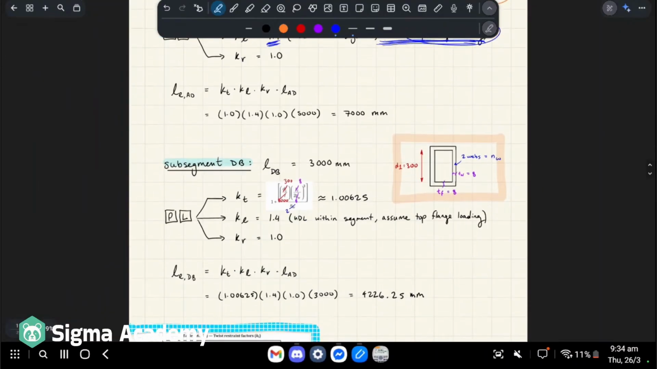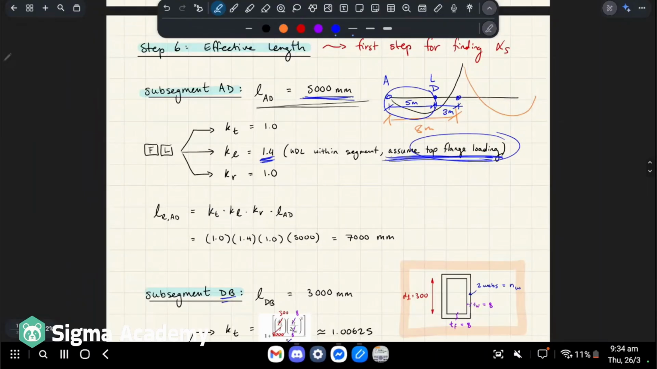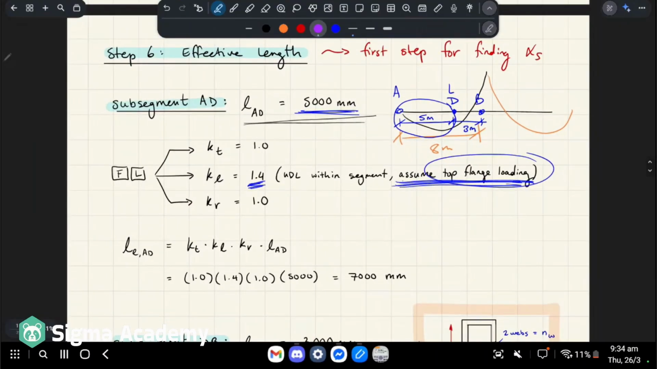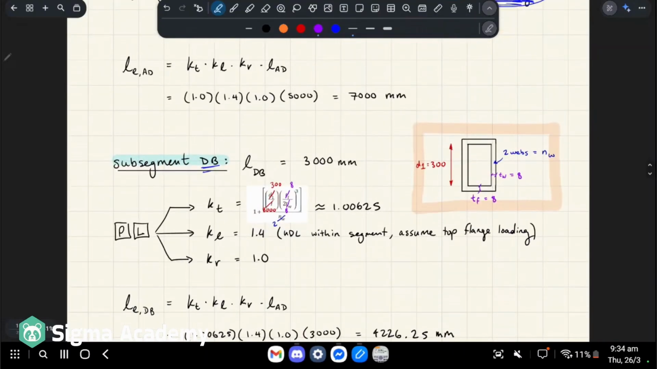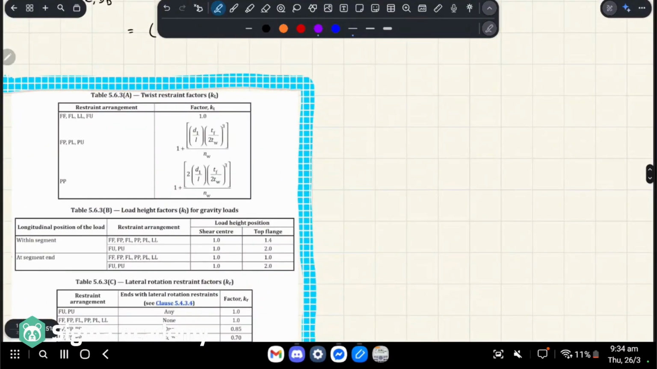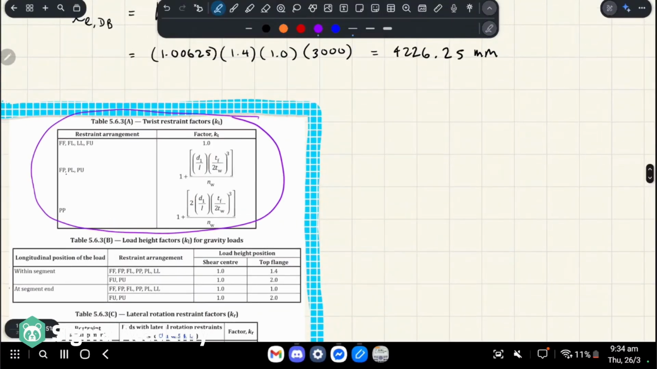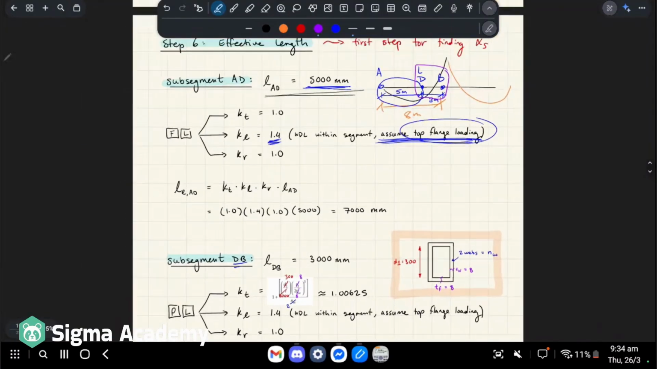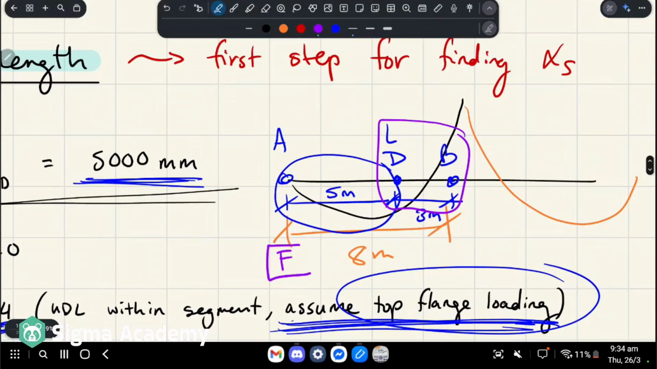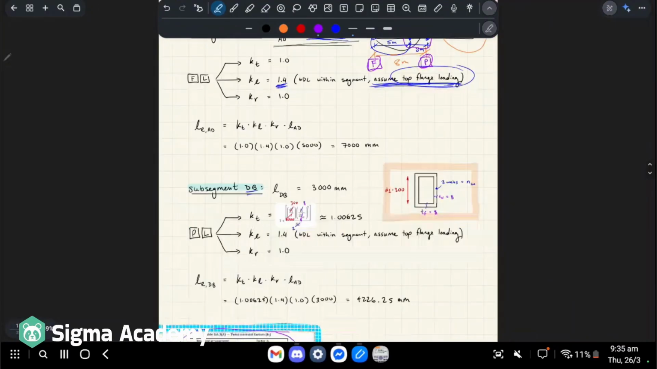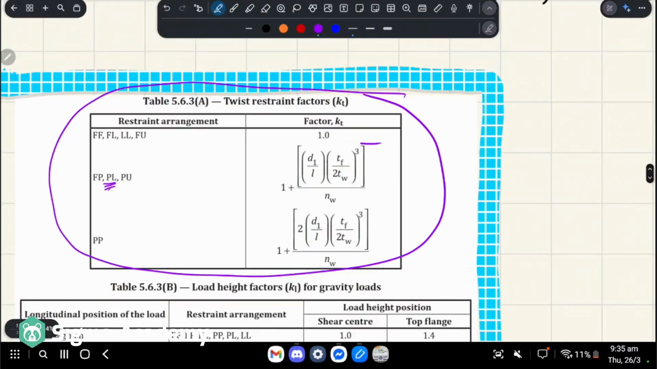Yep, happy days, cool. Subsegment D to B, which is from here to here. Basically, in this portion of the table, when we have P to L, right? So basically, this was fully restrained. This was partially restrained. When we go from L to P rather than F to L, right? So subsegment D to B, we have to follow this formula,